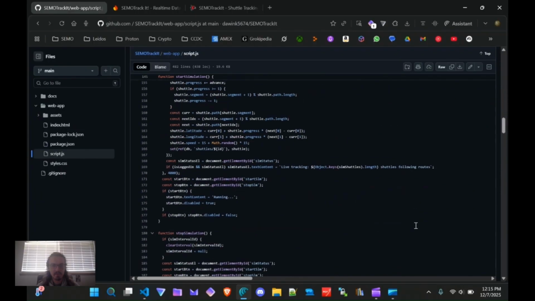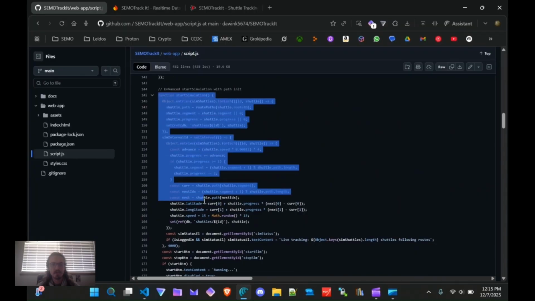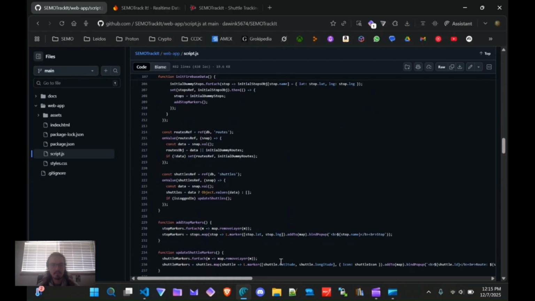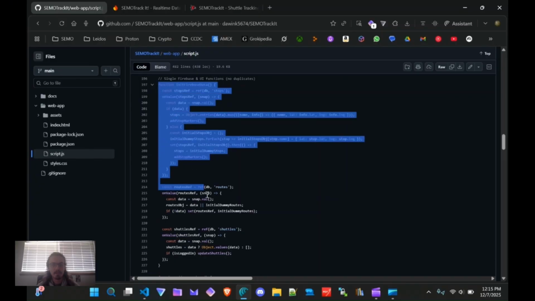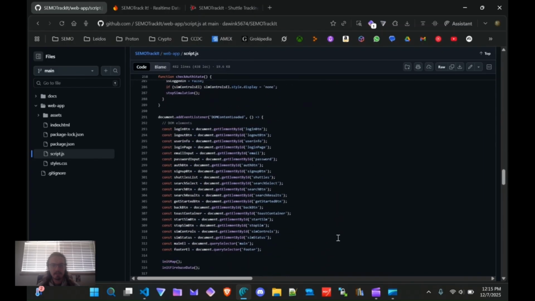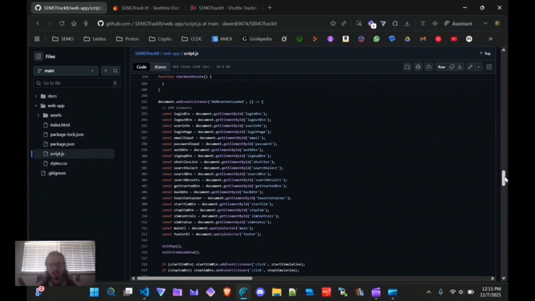Let me see if I can find another. So this is our start simulation. So this actually is what creates the shuttles to move. That's the logic there. And then this one helps to update the live tracking data for Firebase. So script.js is the big file that enables the login, the real-time shuttle tracking services, and the Firebase database